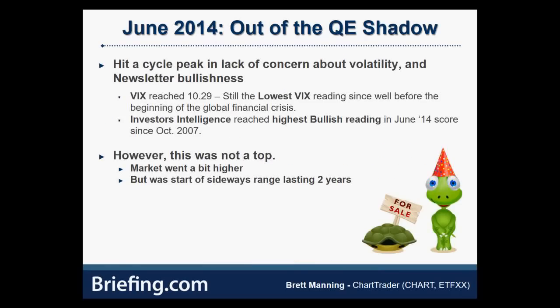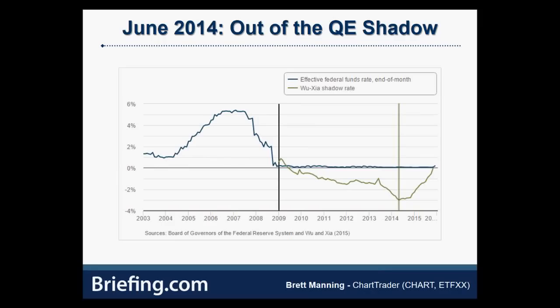All right, so this is the closest thing we had, June 2014. It's the closest thing we got to a sort of bullish extreme for the stock market. The VIX got down to 10.29, the lowest since like February 2007, I believe. And the Investors Intelligence one, which again is the newsletter writers, so I don't think it's quite as important, reached its highest bullish reading of the whole cycle in June 2014. And so that was going on. But the more important thing, I think, that was happening there